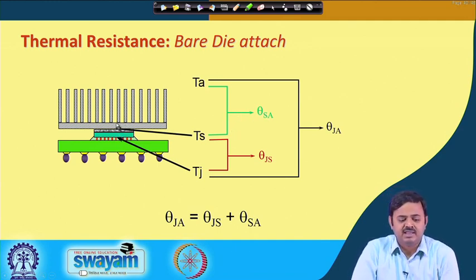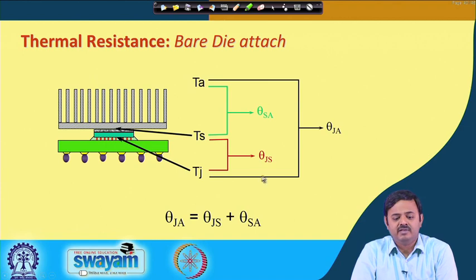Since these are all in series, we can say that theta Js plus theta Sa is theta Ja. So now, think about it, if you can quantify theta Ja, the junction to ambient resistance,